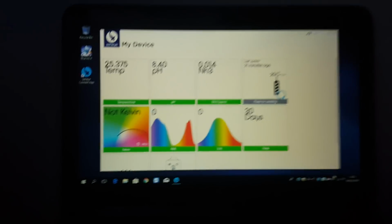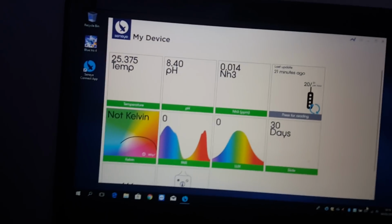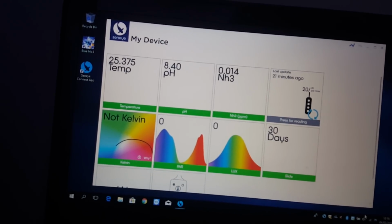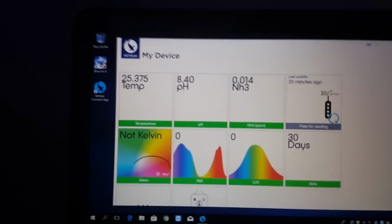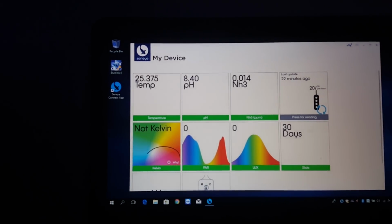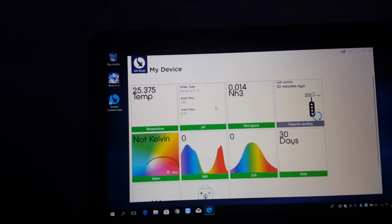So, got a laptop. And hopefully you can see that. So it's telling you the Kelvin and stuff, and all the light settings aren't going to work because it's not in the light. But it's telling me the pH of the tank, which is a little bit higher than I thought, if I'm honest. I knew it was high. I thought it was about 7.9, but according to this,